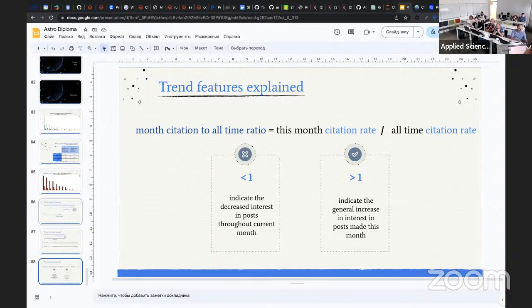And the main question: what is the idea? Of course, authors are most probably interested in high citations. So who is interested in these results? Maybe astronomers.